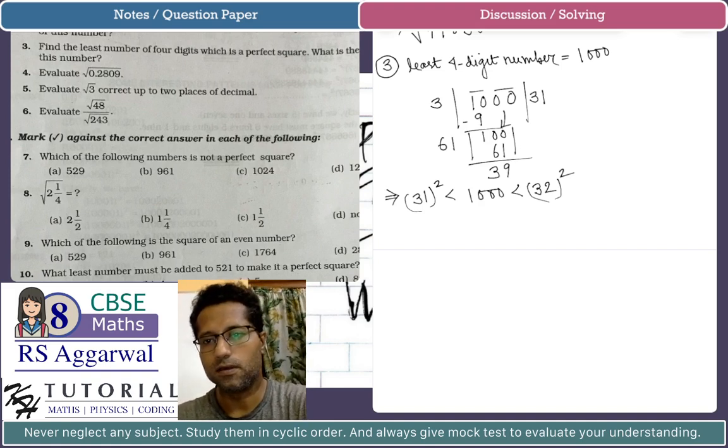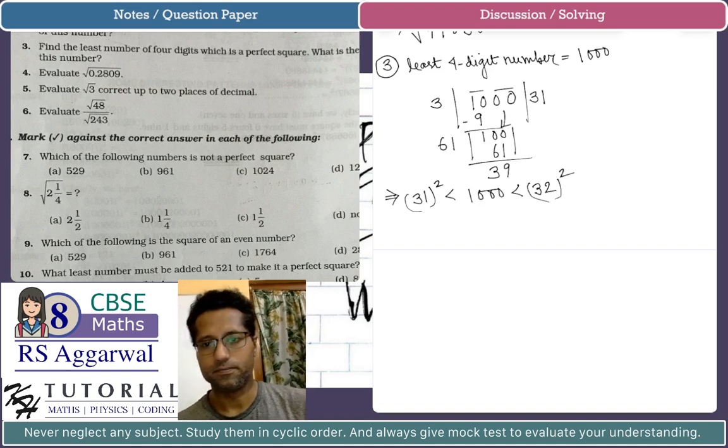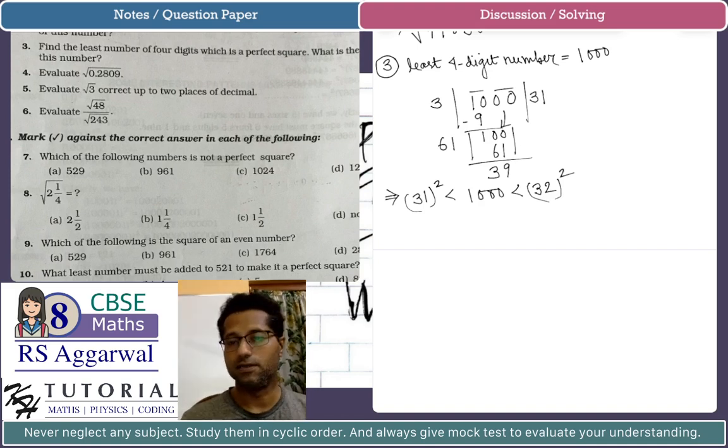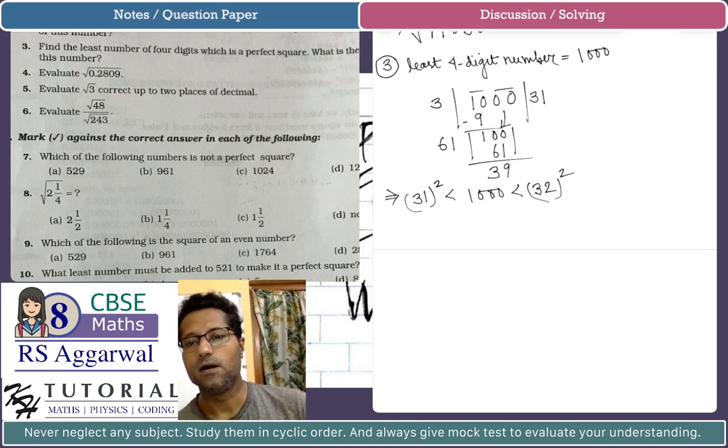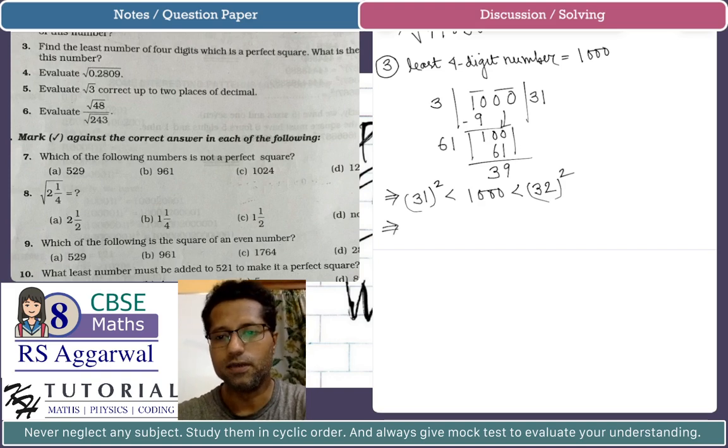So why 32 square? 32 square is the next perfect square after 31 square. Now the least 4 digit number is 1000, and 31 square is short of 1000 by 39. We have to find the least number that needs to be added to 1000 so that it becomes a perfect square, and that perfect square has to be 32 square, because after 31 square the next perfect square is 32 square. So from this logic we can say that